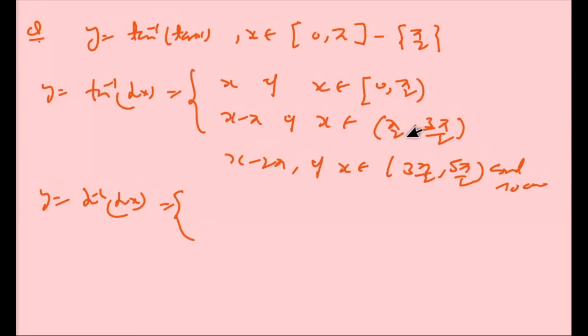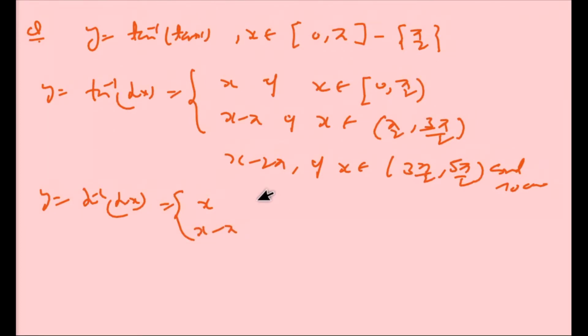Okay, pi will be here, so we can take x, and pi minus x, x minus pi. So we can take x and x minus pi